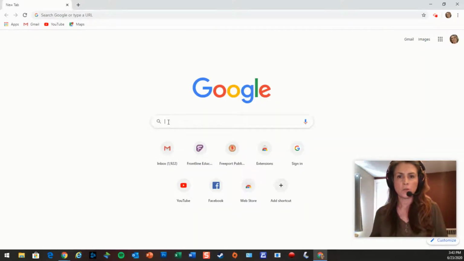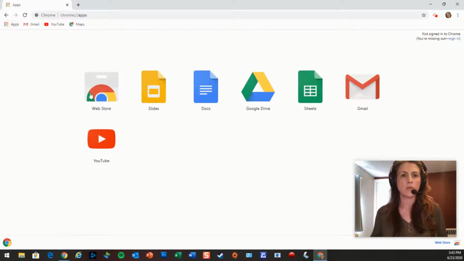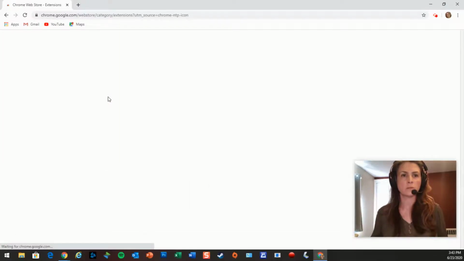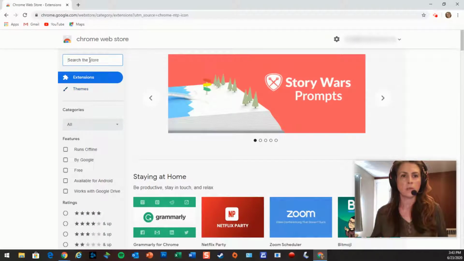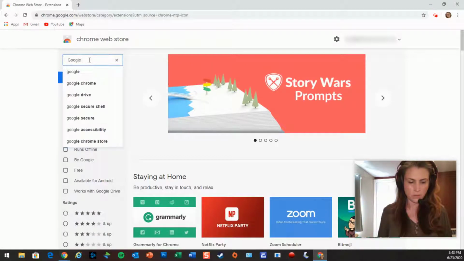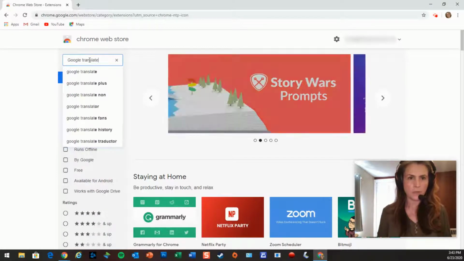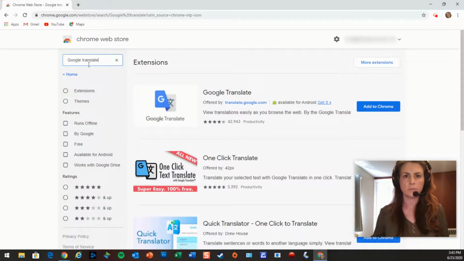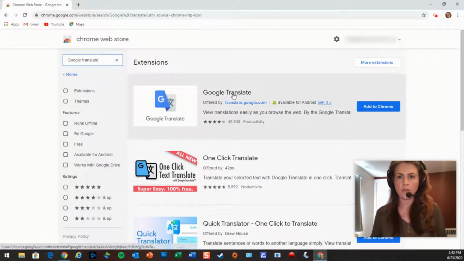So you could just Google it here, or you could go up here to the top left and click on where it says Show Apps, and you can go to the web store, and we'll type in Google Translate. Here is the Google Translate Chrome extension. You click on the blue button that says Add to Chrome,